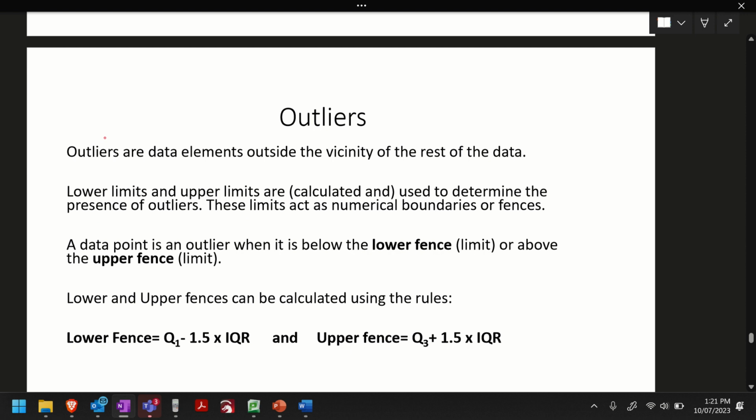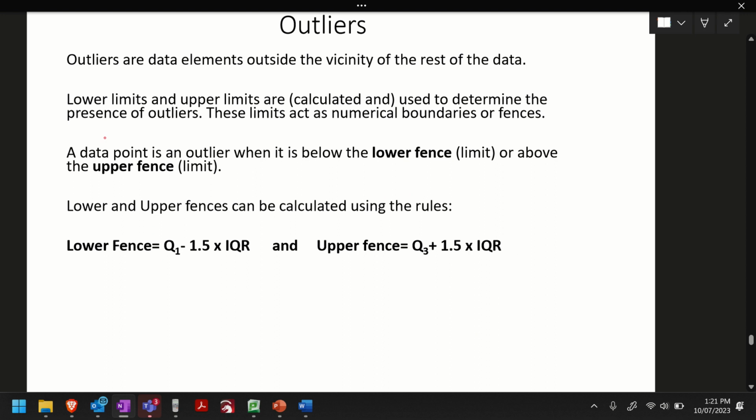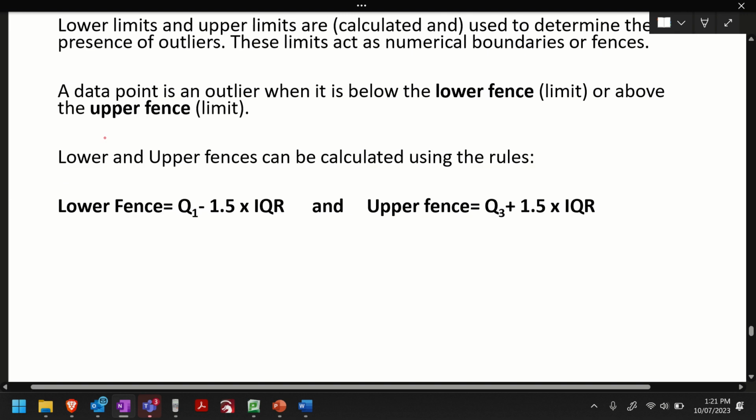The limits are what we call the fences. So think of a fence as where it stops. There's a lower fence or lower limit and an upper fence, which is the upper limit. Here are the formulas for the fences. I think it's in your notes, but if it's not there, please copy it down. In year 11 and year 12, these get used very often, so you've got to make sure you get used to using them now. In year 11 and year 12, you're already looking at 2 marks just for doing this. So if you can do this, great.